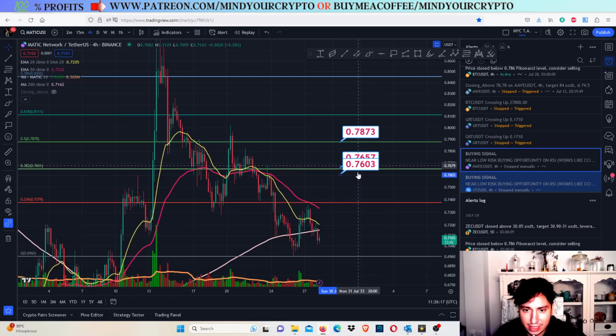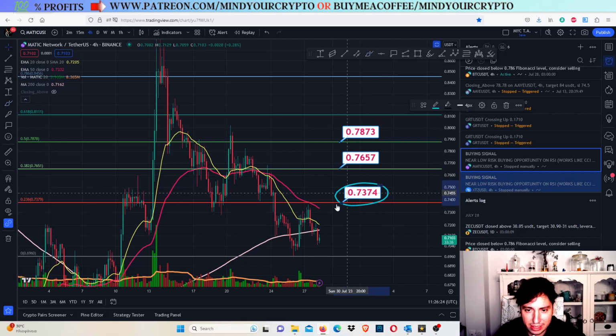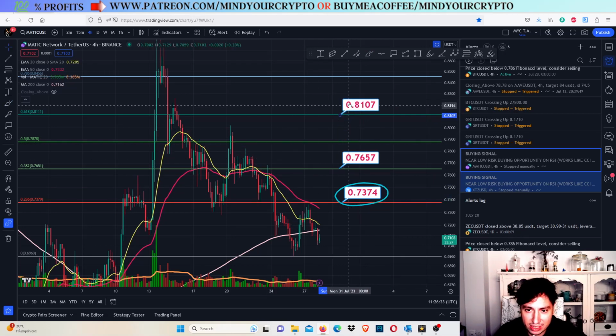Okay, these are the exact price targets that we need to close above, with a bullish movement being above this line right here. If we can close above here, in the 4-hour frame even, we are going to go all the way up to the next targets right here, the 0.76, and finally even the 0.80.